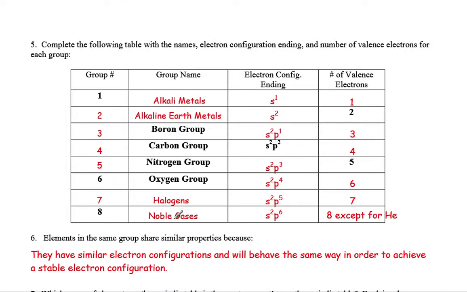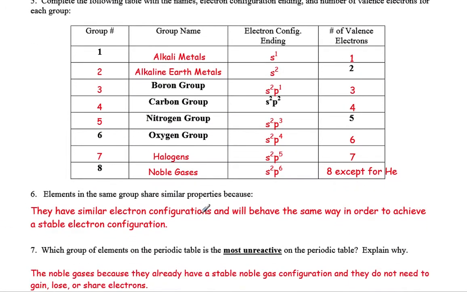All right, the next section is basically just memorization. Group 1 are what we call the alkali metals. We know they're metals because they're on the left of the zigzag, but just think there's alkali and alkaline earth. This has got one word and then the word metal. This has got two words, and then the word metal. So you could just think alkali versus alkaline earth metals.